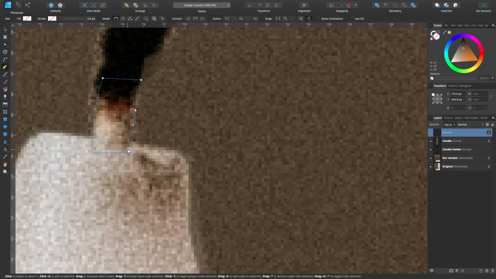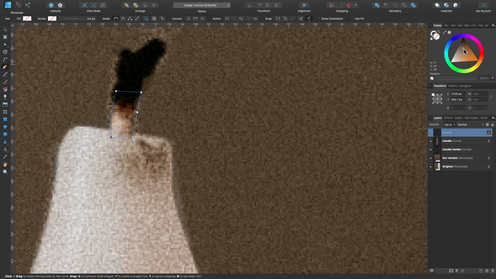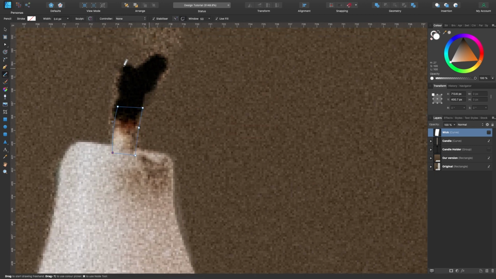Take off snapping so it doesn't start bothering us. Okay, something like that. Give it a white color for now and hide it. Now we'll work on this section here, but I'll just name this wick and we'll start the next one. For this, I'll use the pencil tool because it's a bit more wavy. Start from up here and just kind of trace around it.